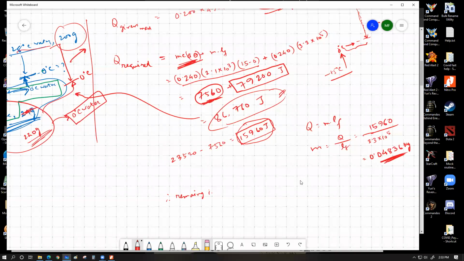remaining ice equals to 240 minus, should I go in gram? I can go in gram. If I multiply this by 100, I'm going to get 48.36. So 191.64. Yes, we get 191.64 gram of ice